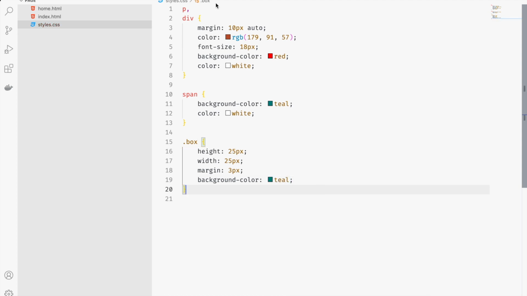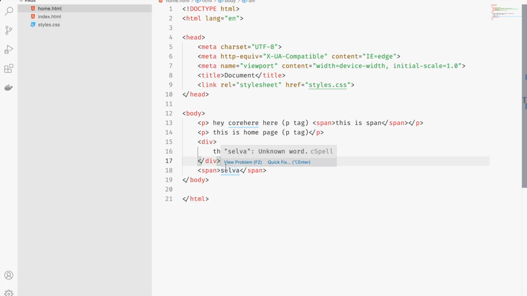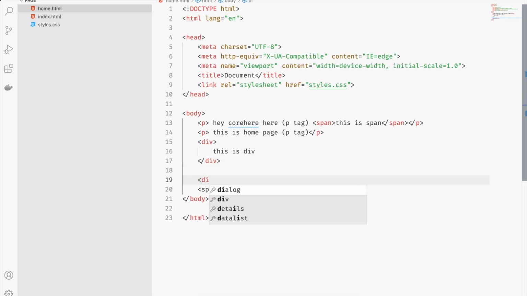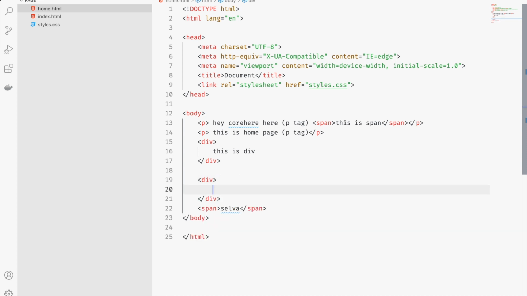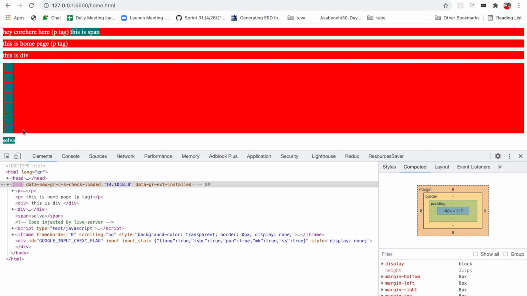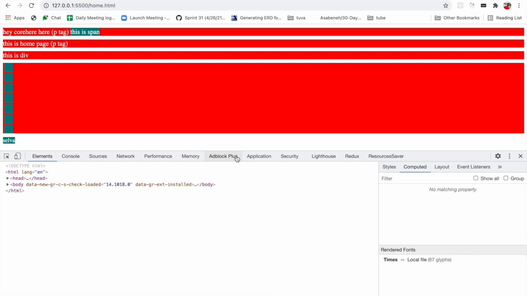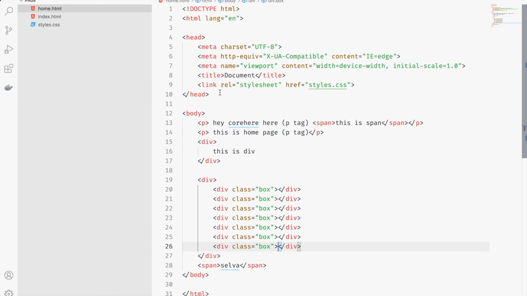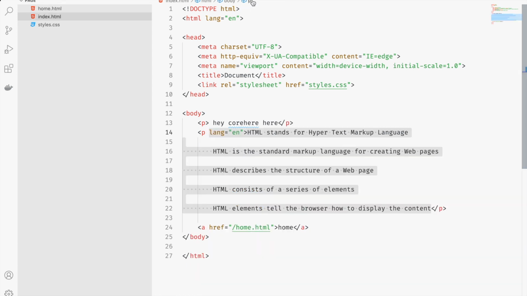Okay, so here I want to use it: div, class equal box. Just refresh this page. Okay, just removing the div.